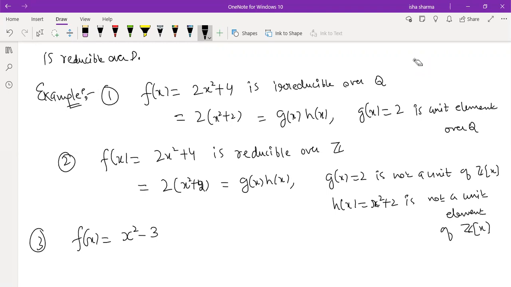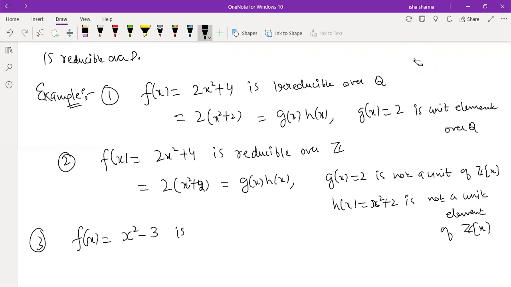The field of complex numbers is a field, so all the polynomials with real coefficients are definitely going to have roots over the complex, because there is nothing beyond complex. Because over complex we will find roots, the factorization into linear factors of a quadratic polynomial will happen. We'll come to the general result later. But as a definition, this one is definitely irreducible over reals but reducible over the complex.